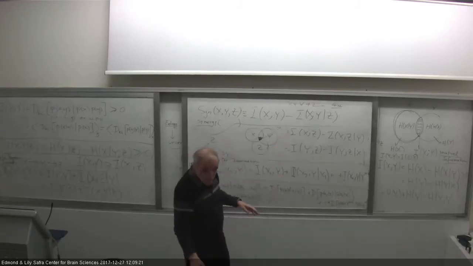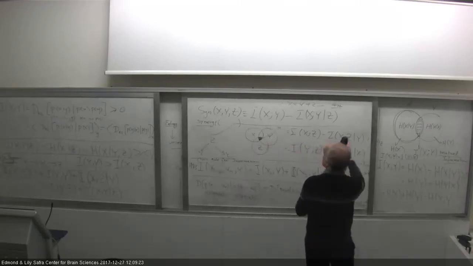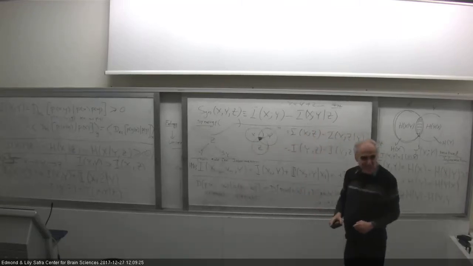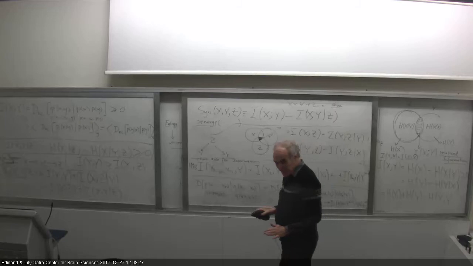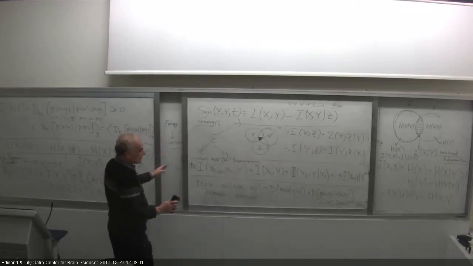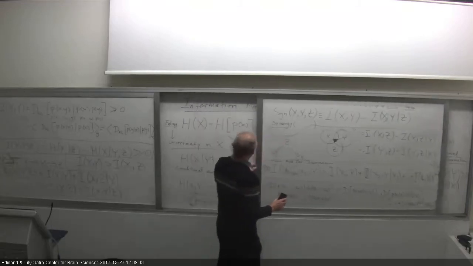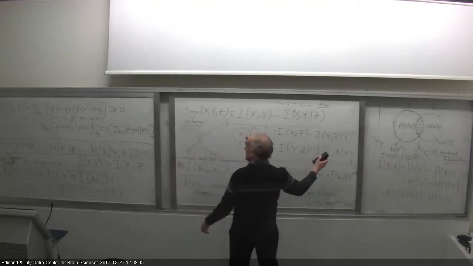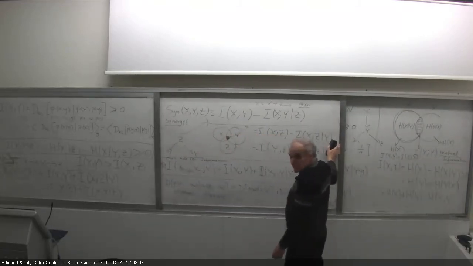So I'm going to give you an example, I promise that, where you're going to clarify this thing completely. Where is synergy positive and where is synergy negative? So again, this is essentially all I wanted to say about these things. But now I want to dive much deeper into the meaning of information, of entropy.